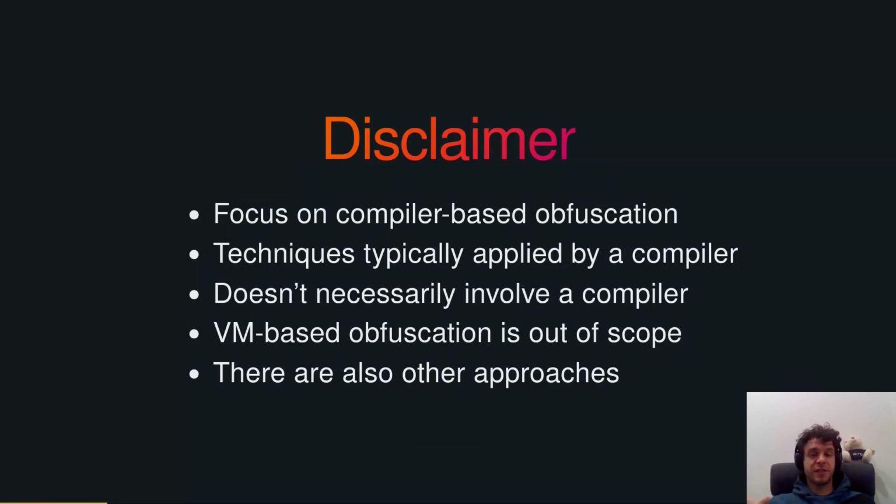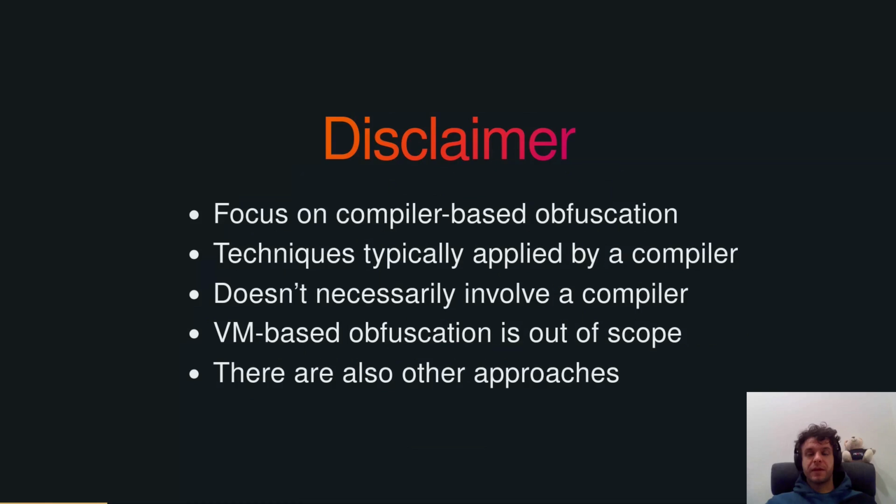They are techniques where the obfuscator reasons about the structure of the program, typically expressed with the intermediate representation of the compiler, but not necessarily, and applies transformations that a compiler could apply to make the program harder to